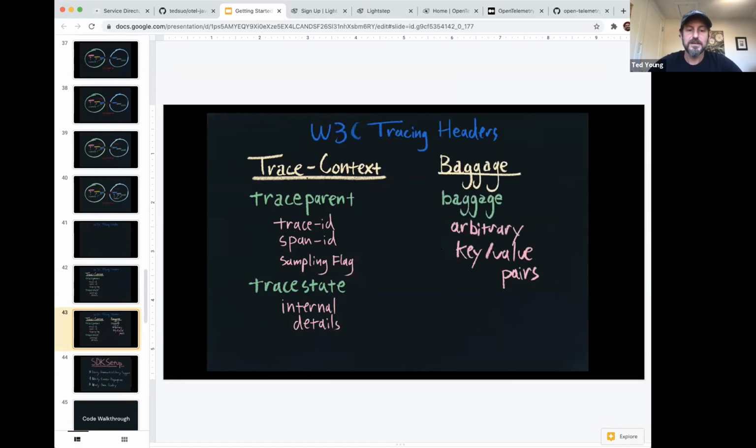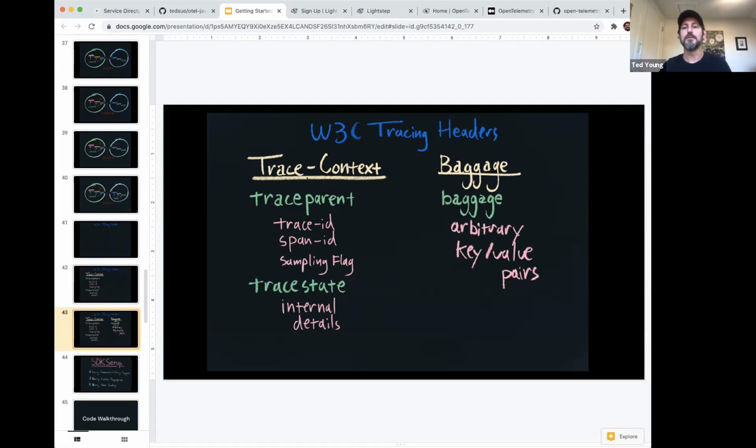In addition to the trace context headers, which are tracing specific, there's also a new set of headers we're designing called baggage. Baggage are literally generic key value pairs. So these aren't tracing specific, but this is the idea that once you've got context propagation flowing through your whole system, you're going to discover other uses for this.